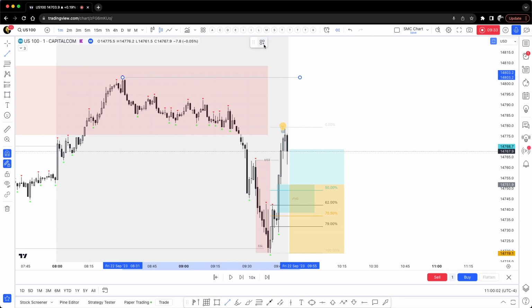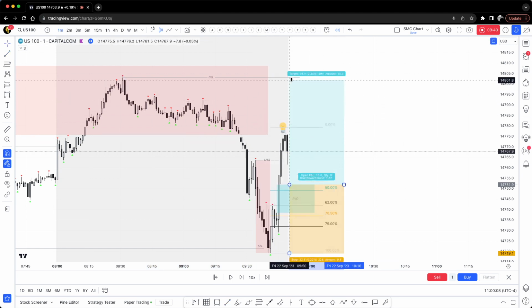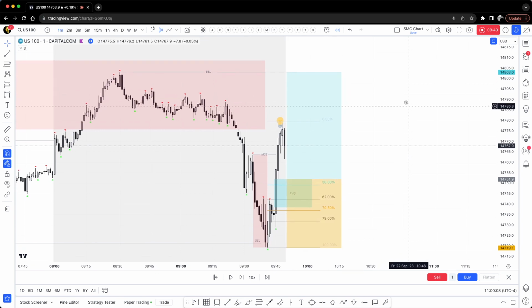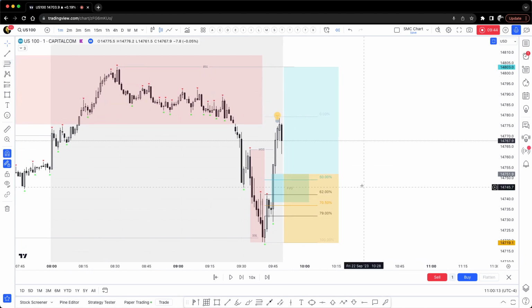This is the closest one. This is my buy side liquidity, the nearest buy side liquidity that I have right there, right? Okay, but especially I was using the fib